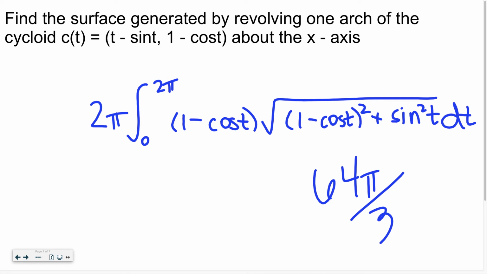Now, to get the intervals, we could find where dx/dt and dy/dt were both simultaneously 0, but I think we did that a couple days ago, so we can just say 0 to 2 pi was one arc. Distance is arc length. And speed